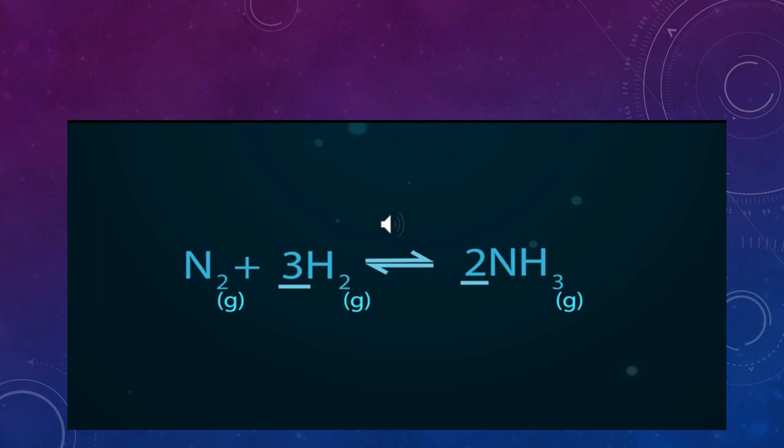Here you can see it in the form of an equation with the help of an example: N2, nitrogen gas, when reacted with H2, hydrogen gas, gives ammonia, NH3. But the arrow shows forward and backward direction. It means that when some of the reactants convert into the product, there is a chance to reverse back. So the double arrow means that the reaction sometimes moves in the forward direction and sometimes it reverses back.